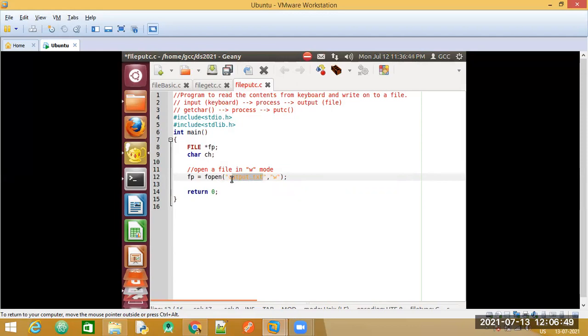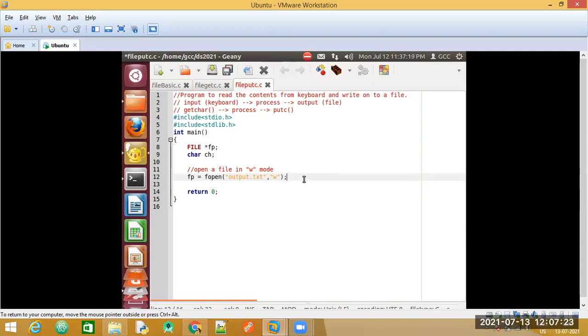Let me repeat it once again. Whenever we try to open a file in the write mode, if the file is not existing, it will be created with this particular name that we have specified. If the file is already existing and we open it in the write mode, then when we perform the write operation, that is when we try to write new contents, the old content will be lost. The old content will be replaced by the new content. So once we execute this, you will be clear with what I am trying to tell.